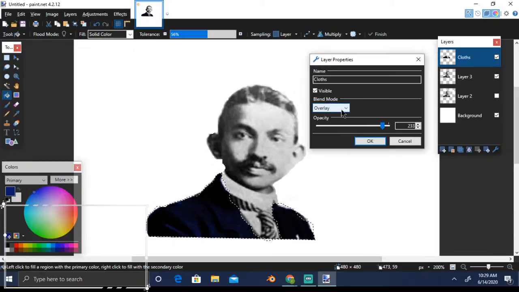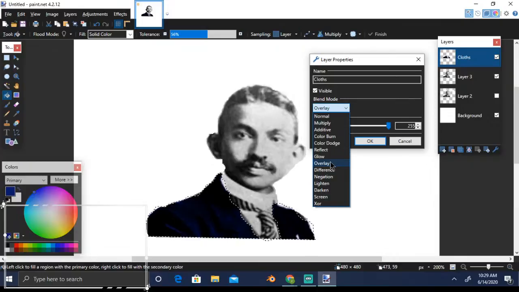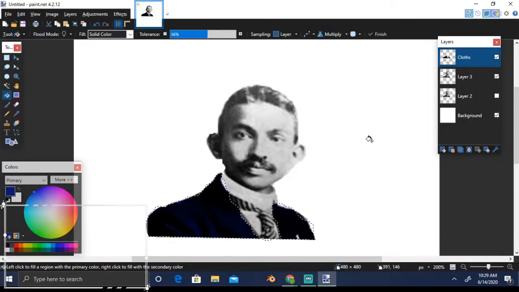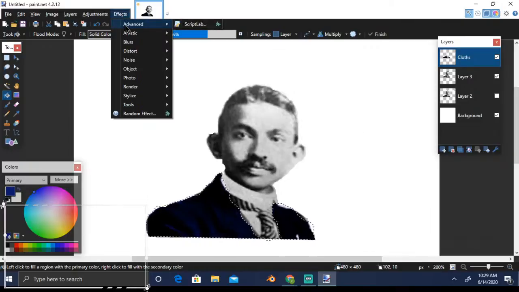Okay, and this will take the color. Either you can reduce it or increase it. Overlay is a very important option. You will see it more once we try to color the face. And here we go. Okay, you can add some effects. You can go to advanced, and